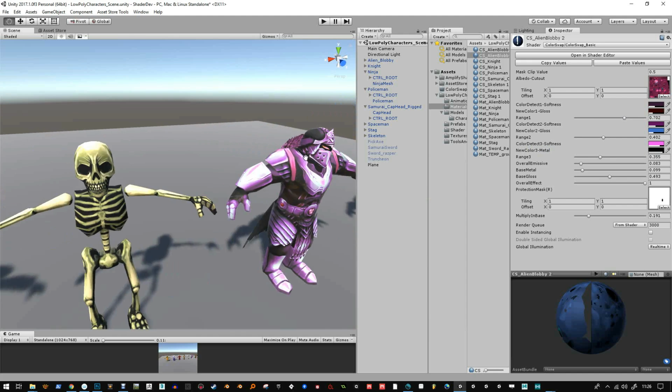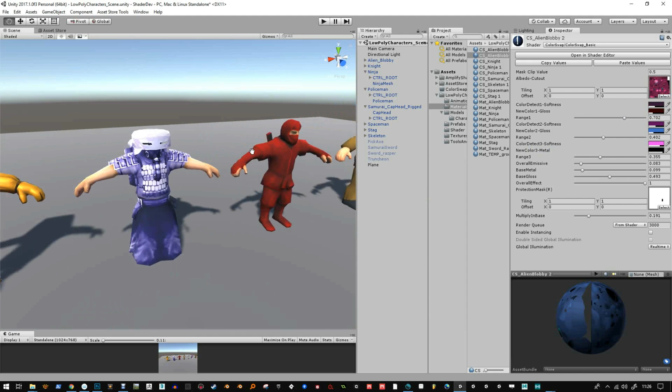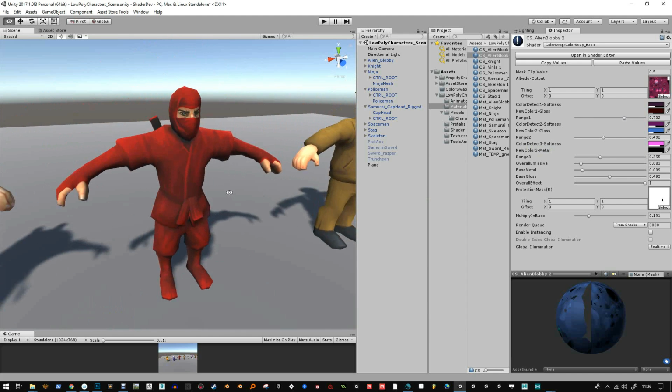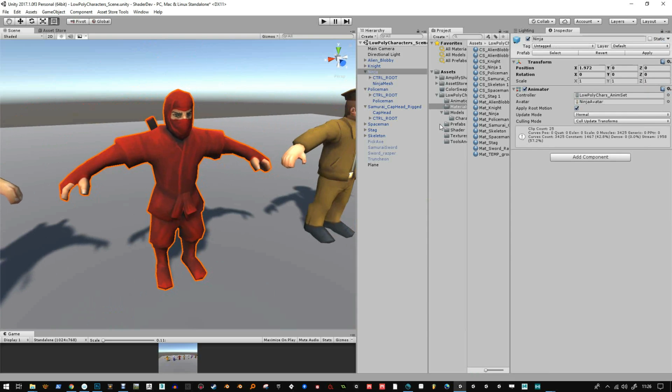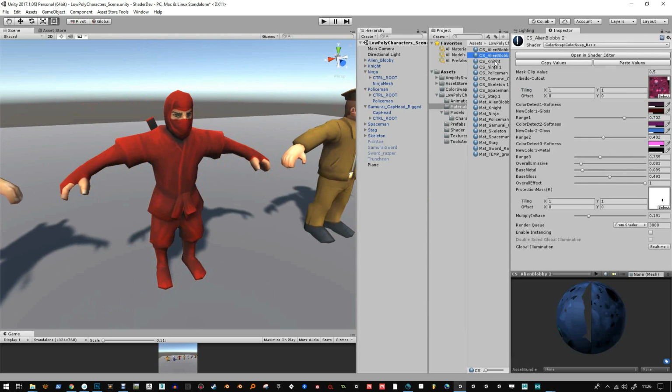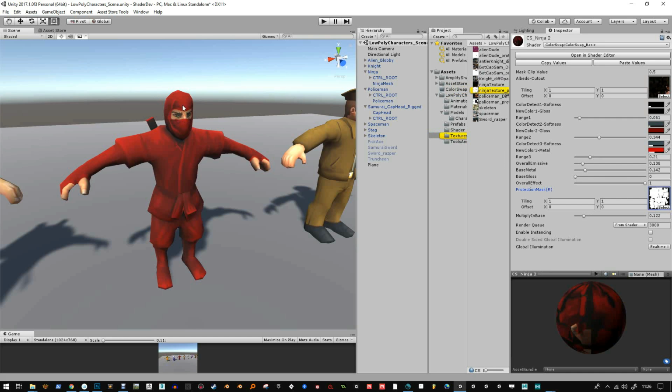So let's take another good one, the ninja. I'll show you the mask effect so that you can keep the skin tones intact. There's this mask that corresponds to the texture, so where this is black is roughly where the skin is. That means it's not going to let this effect through, so it's protecting the